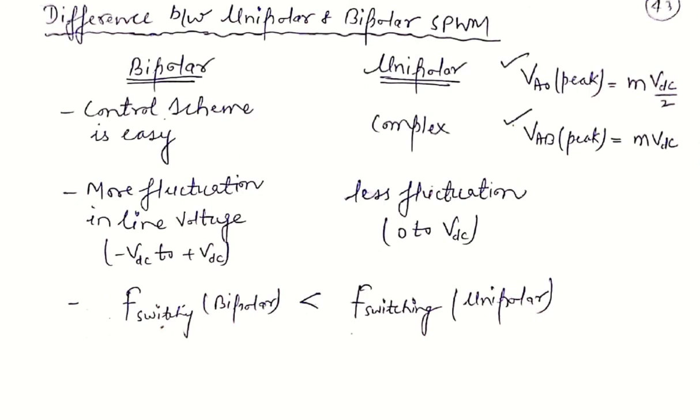So this is the comparison of these two techniques, and they are advantageous from the harmonic performance point of view, because in the VSI we studied external voltage control technique, so harmonic performance will be poor. But in the case of the sinusoidal PWM technique, if these two techniques, unipolar and bipolar, are used, then THD will be less than 5%. So these techniques are beneficial for us to obtain a pure sinusoidal waveform at the load side. So harmonic performance will be improved, and from the customer satisfaction point of view, these two techniques are very important.